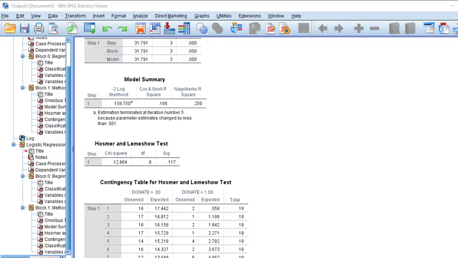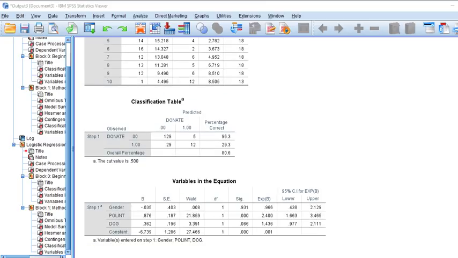So if we scroll down a little bit further, we get a classification table. And so here you can see that this is essentially pitting the observed data against predicted values in terms of group memberships. So observed group memberships pitted against predicted memberships based on our logistic regression model. So essentially, as you're looking at this, you have to think in terms of